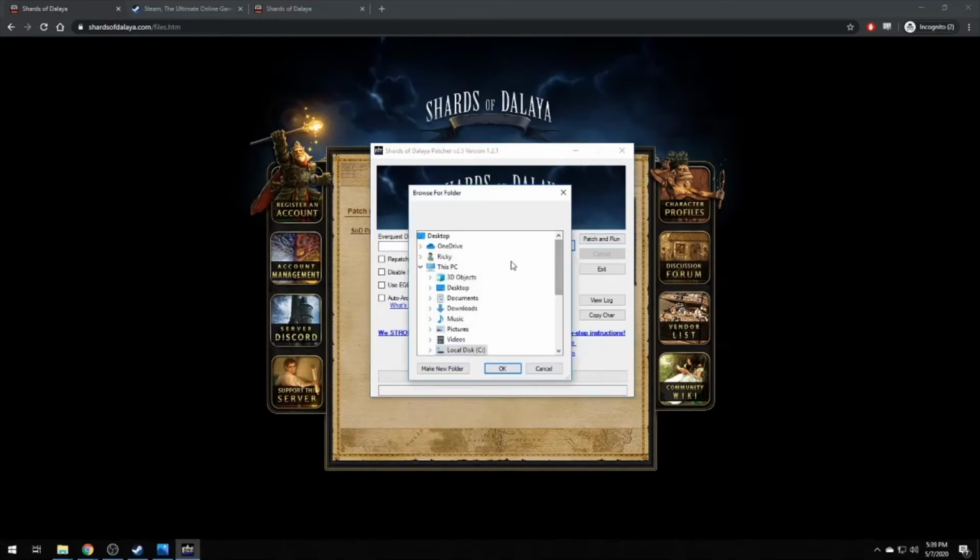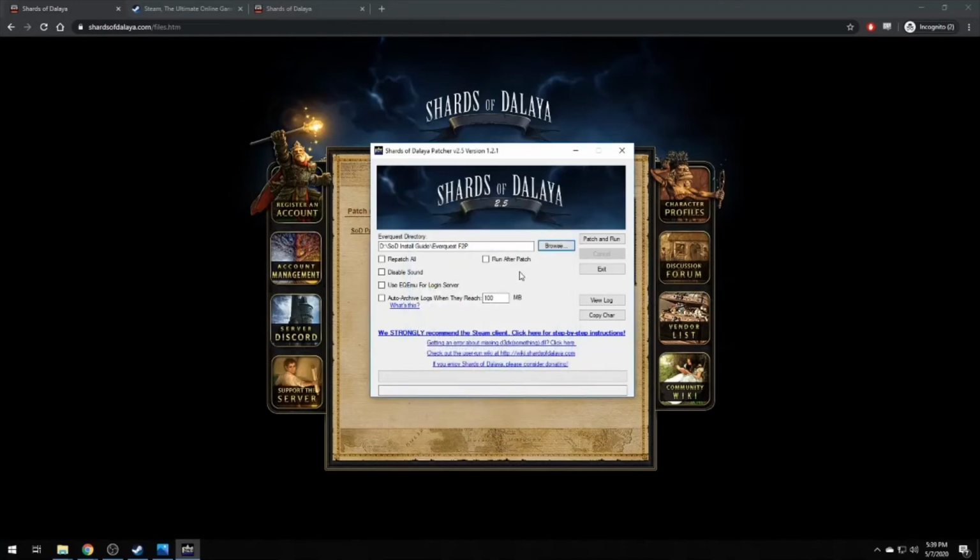So we'll go to Browse here, and if you remember, we saved our copy of the EverQuest directory in this SOD install guide folder. So this is the directory that we want to point it to, wherever you moved that EverQuest free-to-play folder, whether you copied it from Steam or whether you just cut it to save on disk space.